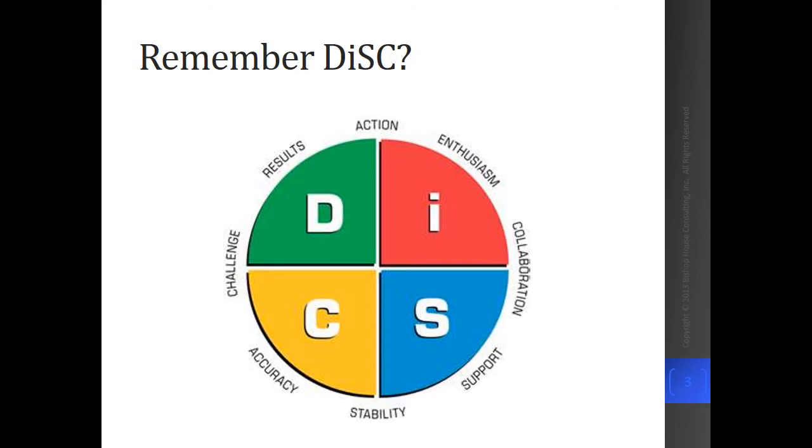Then we have our S style that shares that people orientation with the influence style. However, the S style is a more moderate pace, and it tends to focus more on being supportive in its relationships and being cooperative. At times it can be a very accommodating style. And then we have the C, the conscientiousness style, that shares the moderate pace with the steadiness style. However, it has a very strong focus on quality and accuracy. It's detail oriented. It likes a lot of information as it's working and making decisions. So those are our four primary DiSC styles.